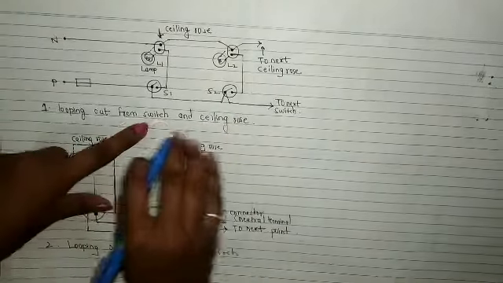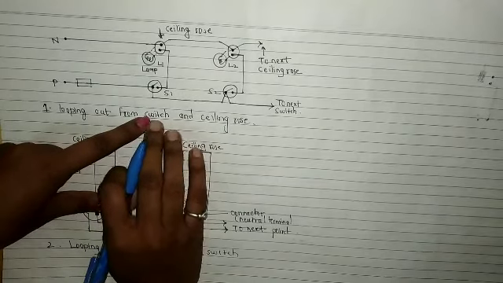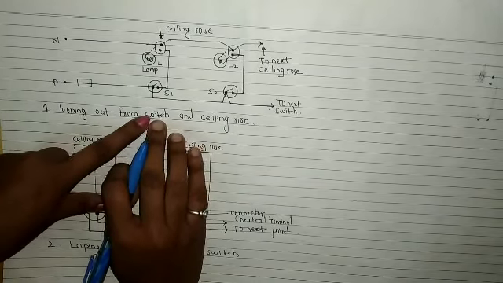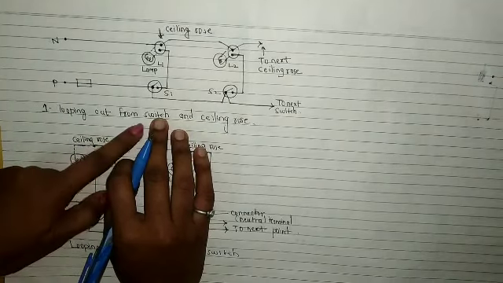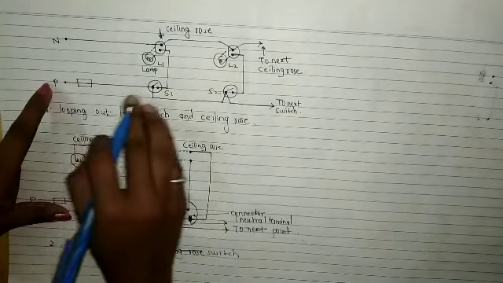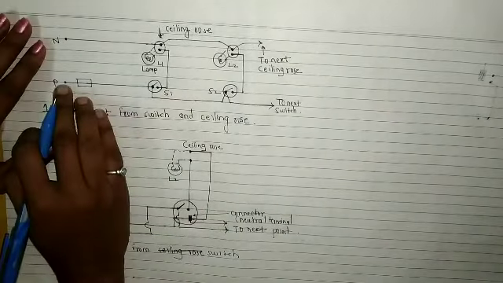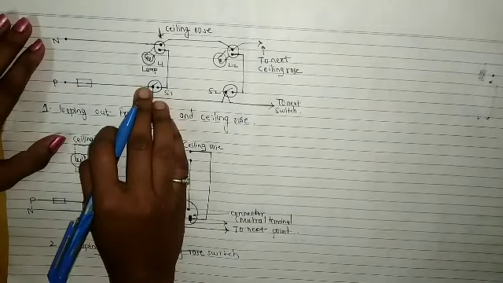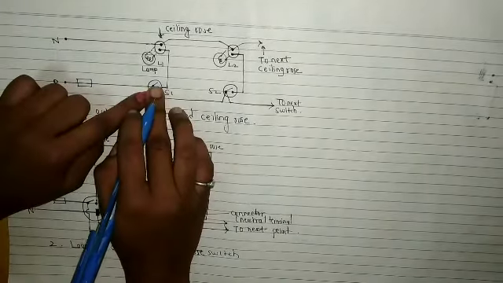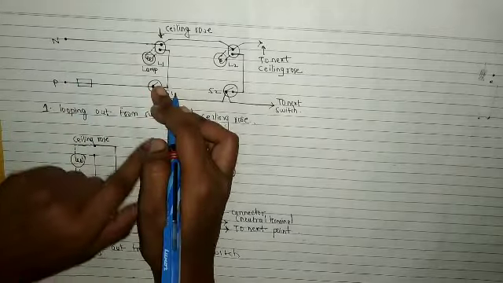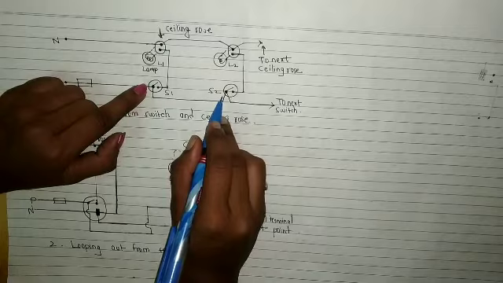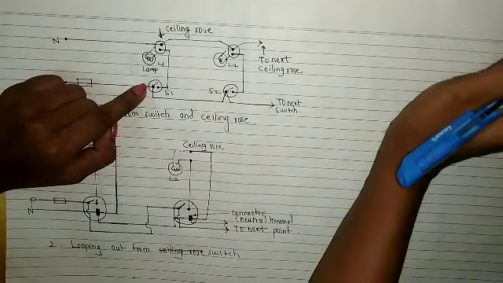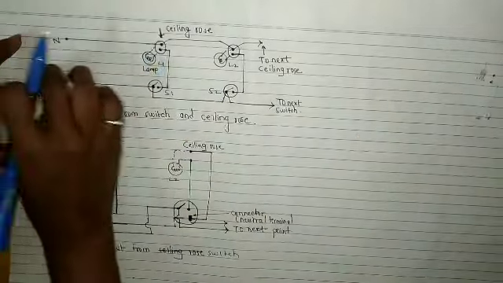From the Indian Electricity Rules, we know the switch has to be connected, or phase has to be given to the switch. So first we'll draw a switch, and phase is given to the switch, right? From this switch, they have said looping out from switch. So from this switch we'll give phase to the next switch, and similarly to the next switch. So this is about looping from the switch.